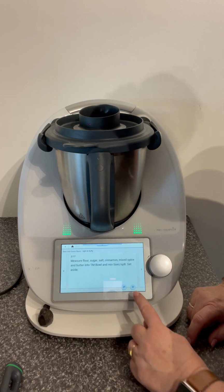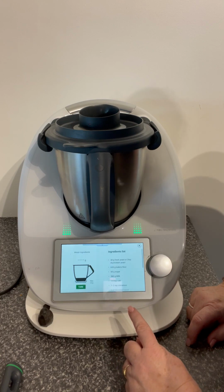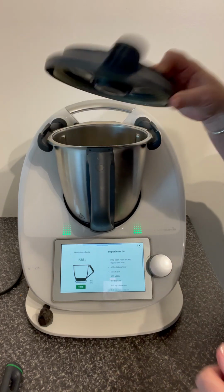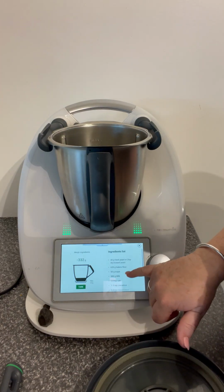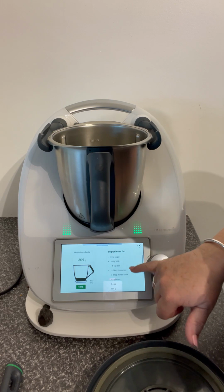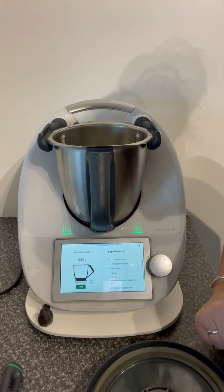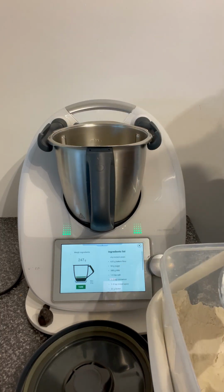So what I'm going to do is, just down here is our little mode. So I'm just going to hit our scales, and it's going to come up with all the ingredients and their quantities. So it asks for our baker's flour, our sugar, our salt, our cinnamon, our mixed spice and our butter. So I'll just get that. So we're popping in our 620 grams of baker's flour,